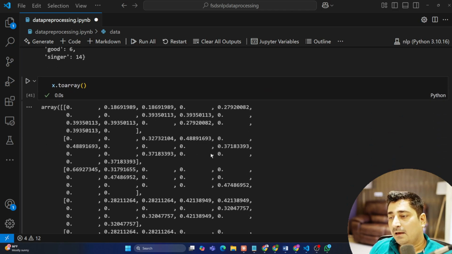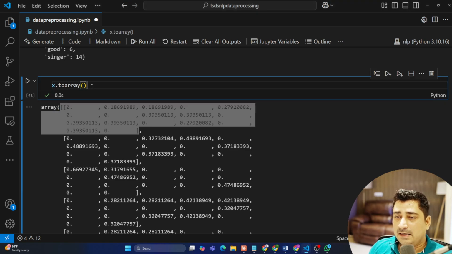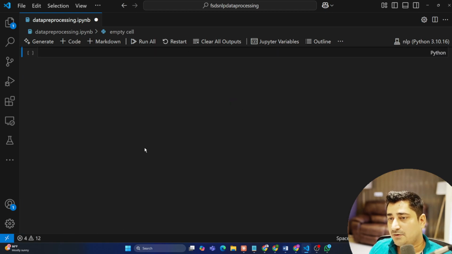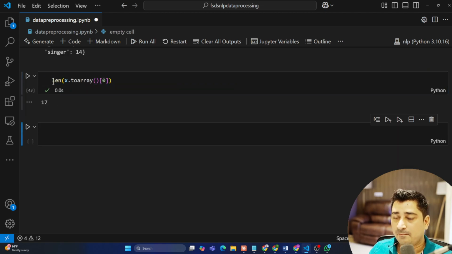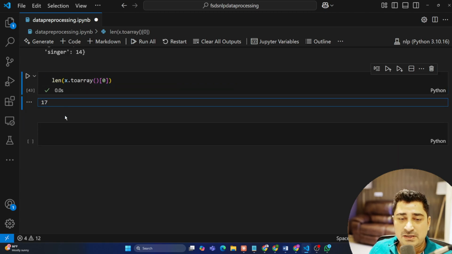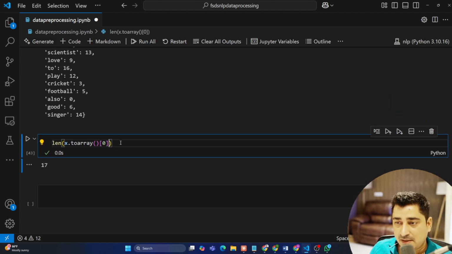Okay, so now I think I can try to extract one of this data. So maybe from 0th, I can try to extract it, and then maybe I can try to check the length. So length of one of these vectors is going to be 17. For all the vectors, length is going to be 17 because see,